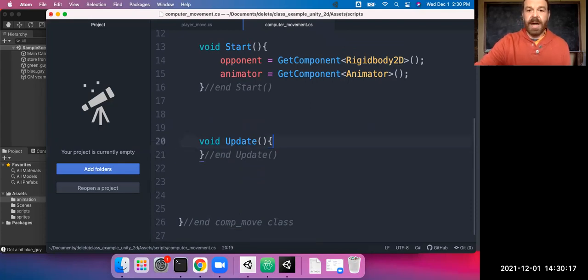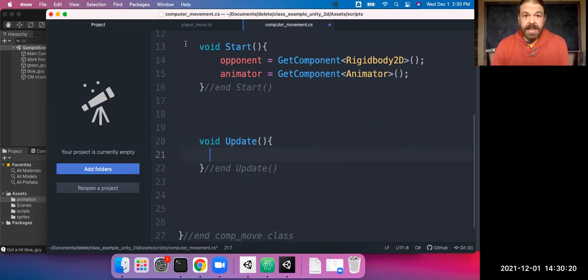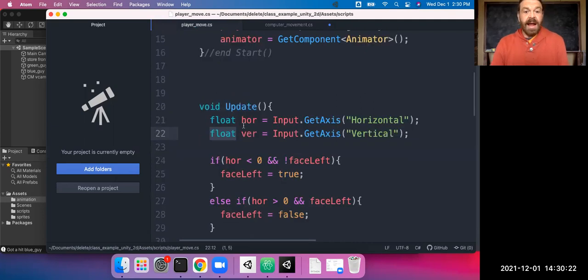So our update method, where we're doing all these things, that's basically every frame of the game. Every frame of the game that the game engine runs. So like next step, next step, next step, next step. That's happening once in the update method. So on our controls, that's fine, because we're going to sit there and wait. We're going to choose a direction, just keep going that direction. Maybe choose another direction, keep going that direction. And we're putting that decision in. So when we have the computer do it,